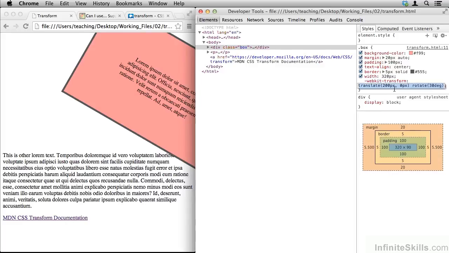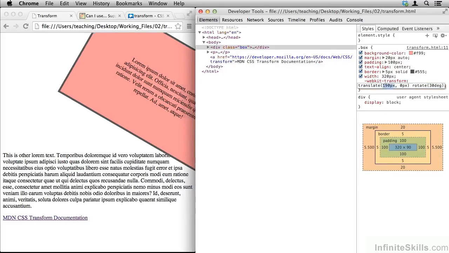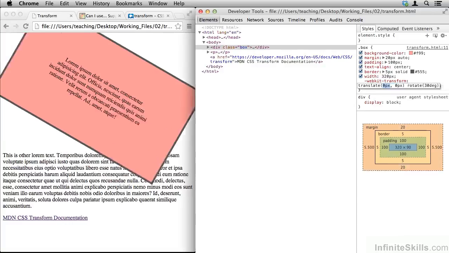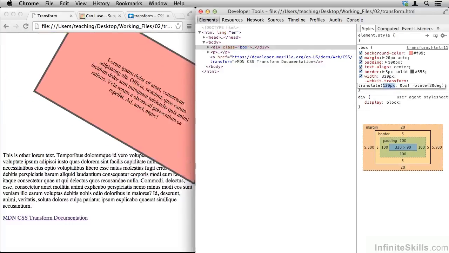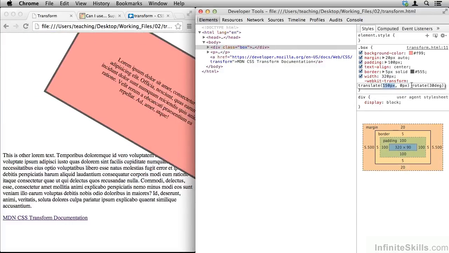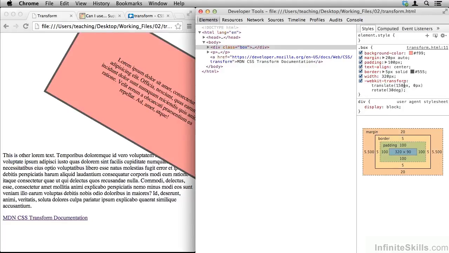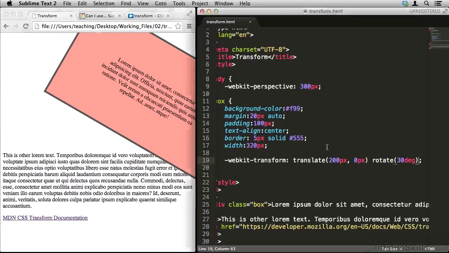Now if I undo that and I put them in this order here, you'll notice that if I move this, it moves along a horizontal axis, and that's because it hasn't been rotated yet. So the transformations that I put as a value in here, it does actually matter what order they're in, and they go from left to right. The translate in this case happens first, then the rotation. Most of the time that doesn't actually affect you